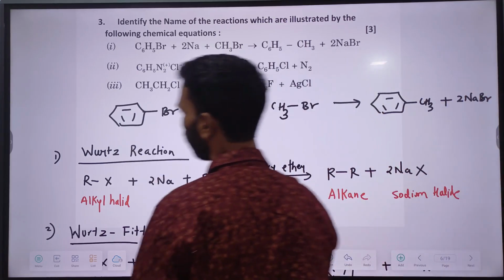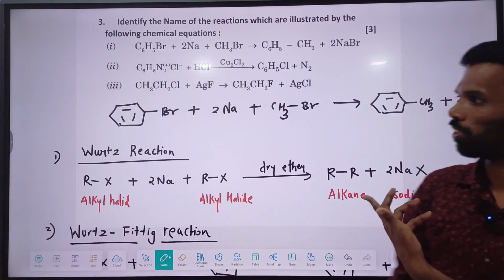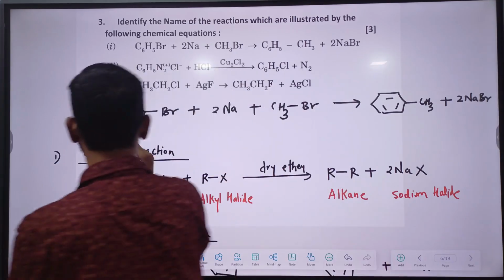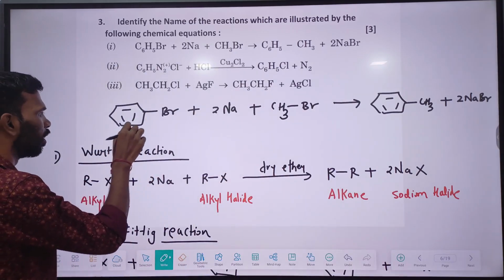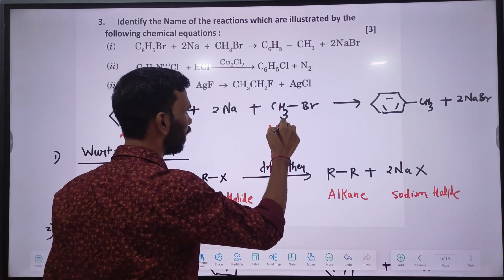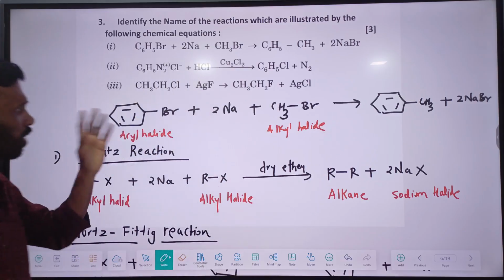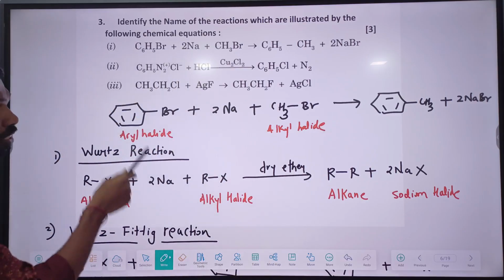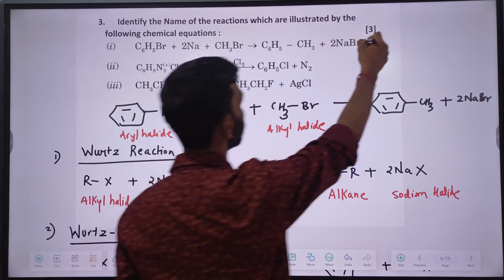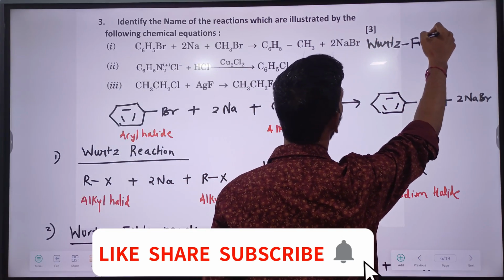Now you identify and comment. You can comment on this and tell me what is this reaction. It is aryl halide, you understand, this is aryl halide. This is alkyl halide. So the name of the reaction was asked. The name of this reaction is Wurtz-Fittig reaction. So the first answer is what? Wurtz-Fittig